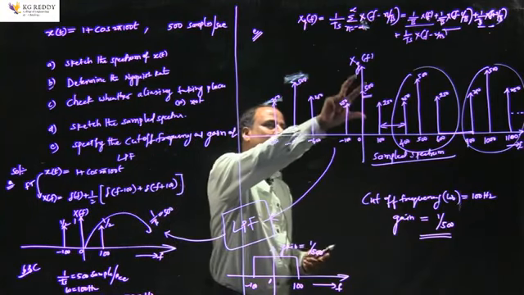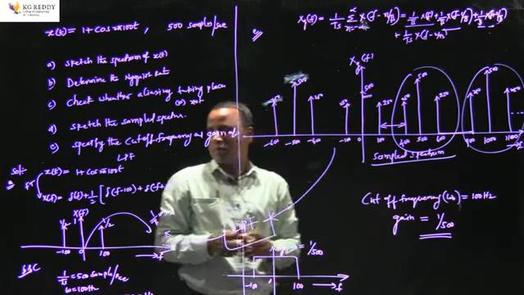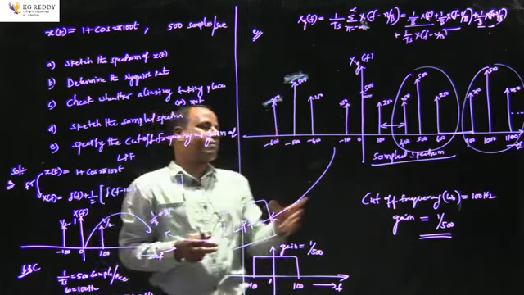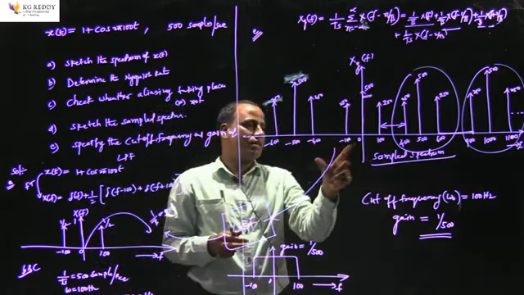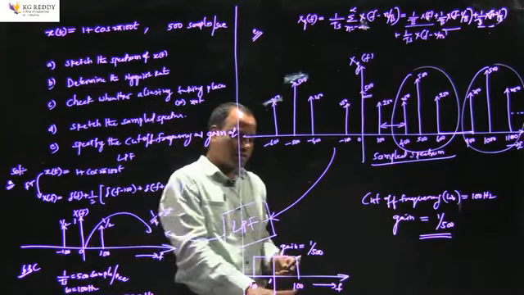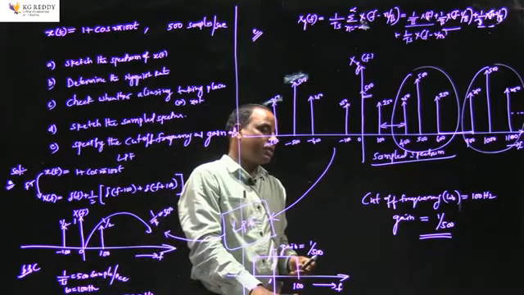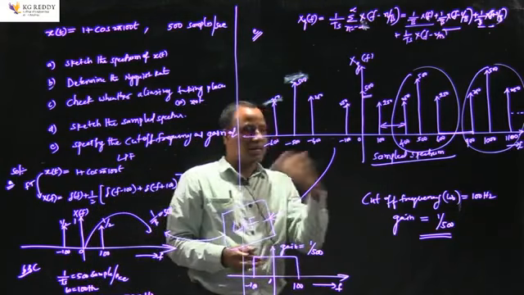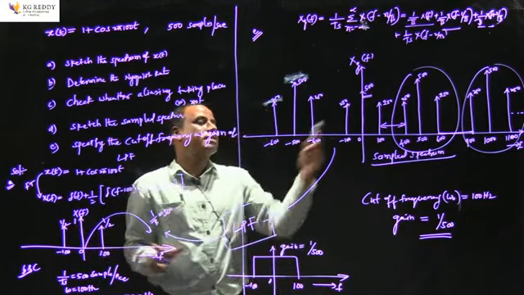Then only these magnitudes 500 and 250 will be converted to 1 and half, and this is what we need to get from minus 100 to plus 100. That's the reason we need to design a low pass filter with a cutoff frequency of 100, the highest frequency, so that we can reconstruct this particular signal from the sample spectrum.